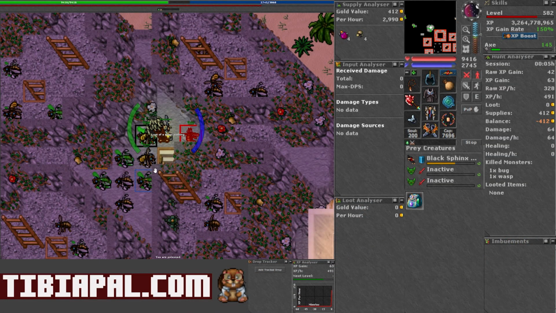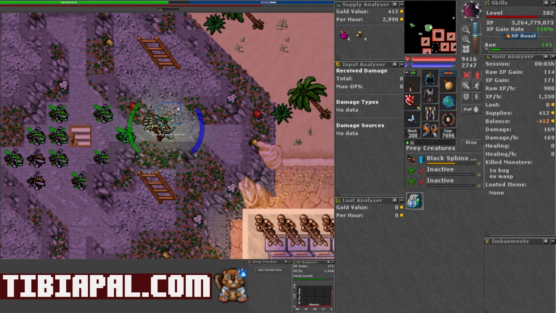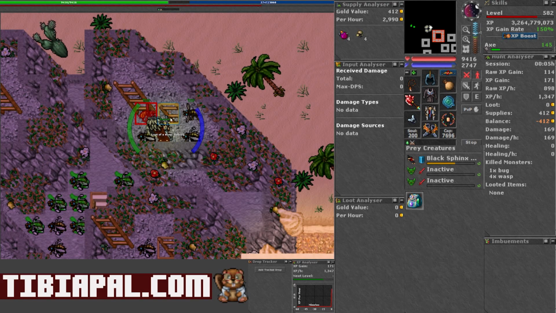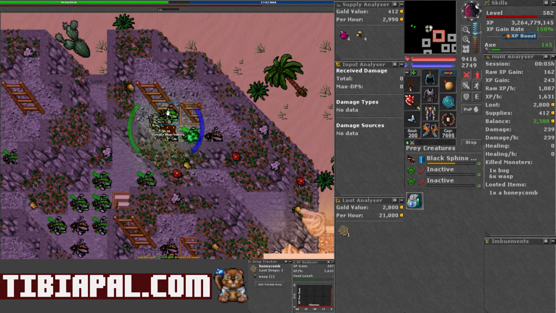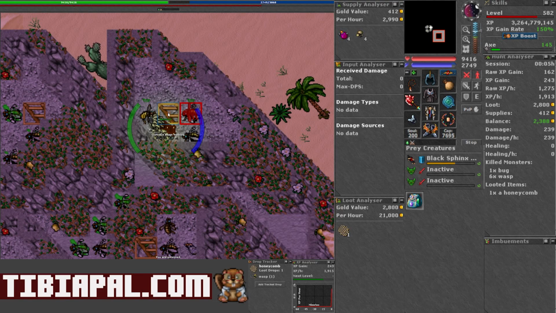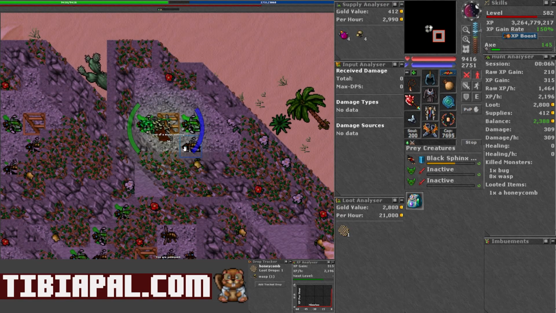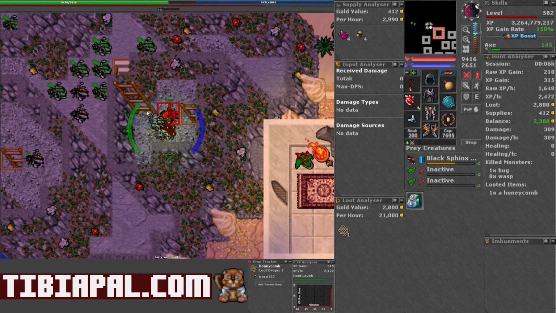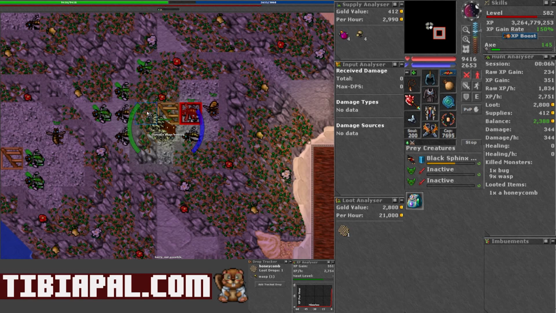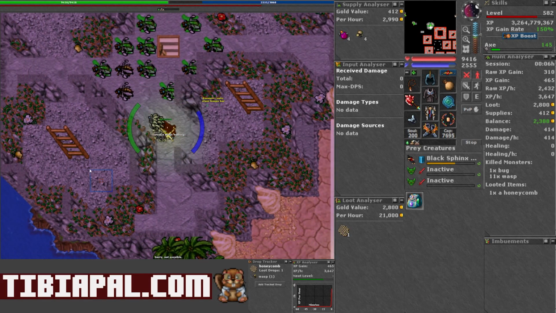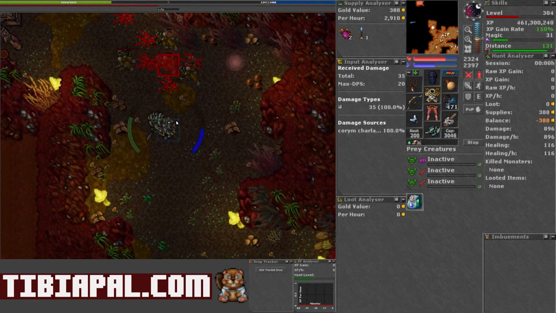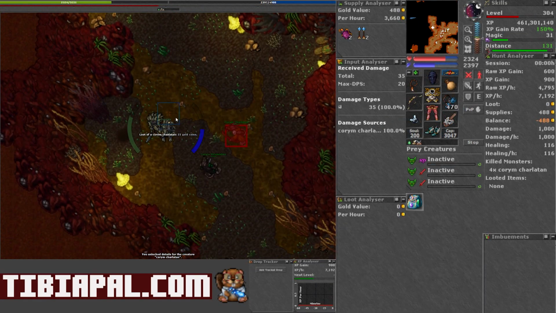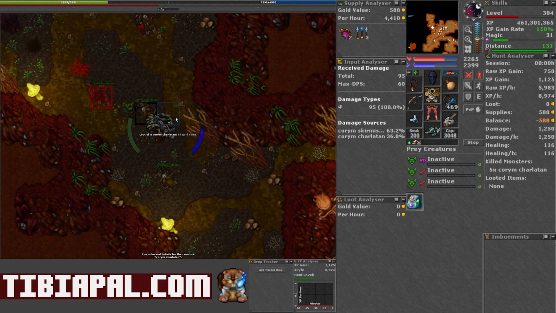Hi guys, today I would like to talk about something that I've been hearing a lot about recently, which is relying on the sound of your auto attack in game to tell you when you should use a rune or a spell. This is something that people have recommended to me. They said, turn on your sound in game for your auto attack and then listen for the audio cue when you attack. Then you know that you haven't missed your auto attack and that you can use your spell, you can throw your rune if you're a paladin, and that's your rotation.